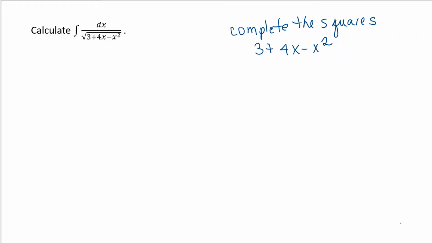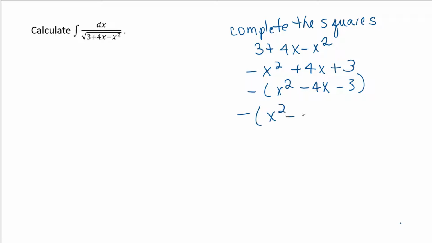As a reminder, when we complete the square, it's easier to list the terms in decreasing powers of degree, and then the first coefficient has to be positive, so if you factor out a negative, you get negative the quantity x squared minus 4x minus 3. Now, what we're going to need to do